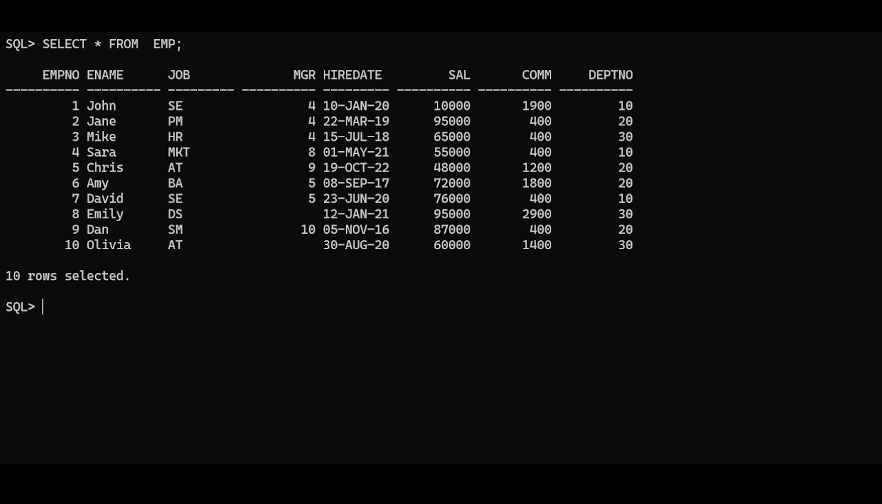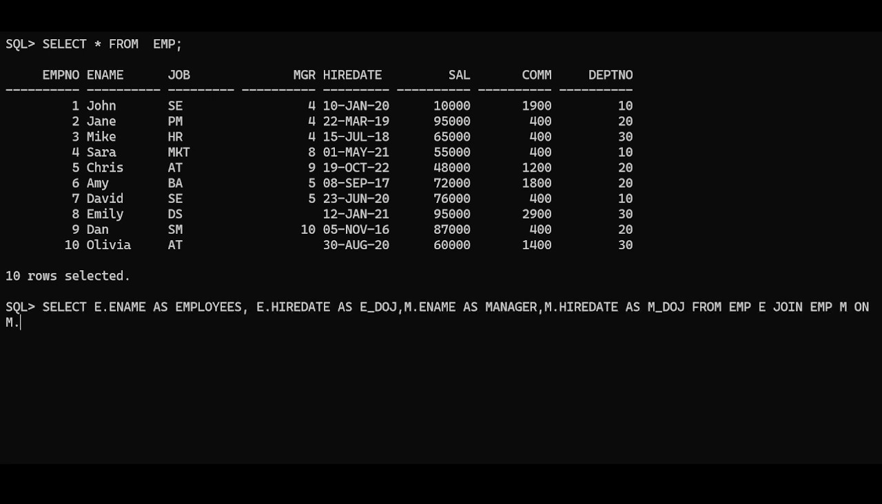Okay, from employee E join employee M. So by these two virtual tables will be created. One is by the name of E, second one is by the name of M. After this, I'll be taking the on clause. Now see the joining condition. M dot employee number. So I'm taking the employee number from virtual table M. I'm comparing that with E dot MGR. So this comparison is going to map the employees with the respective managers,